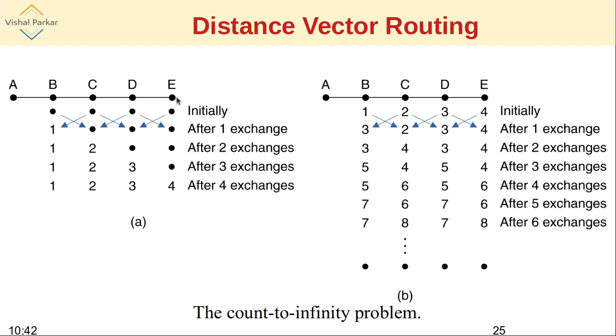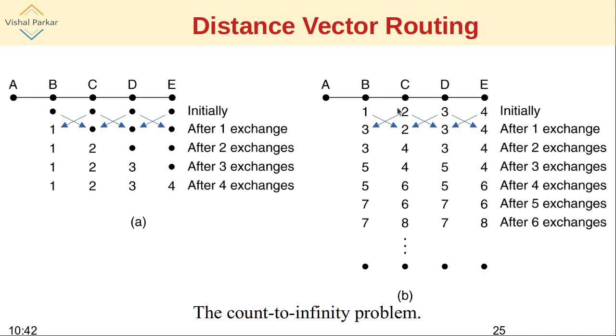In general, if the maximum hopping distance in a given subnet is n, so here the maximum hopping distance from E to A is 4, it will take n vector exchanges in the subnet for all the routers to know that one of the routers which was initially down has now come up. So the good news will propagate fast. Why I say fast will be clear when we see this example.